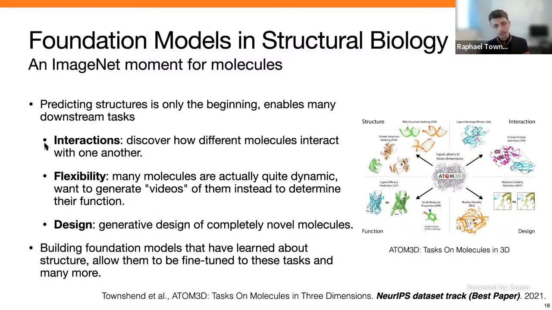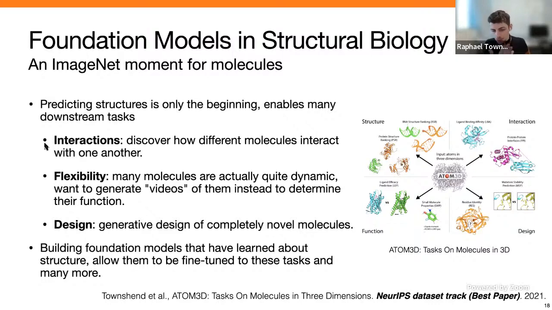Or really their flexibility over time, which is much more of a conformational flexibility. People have been looking at normalizing flows and now diffusion models for this kind of work, where these molecules aren't static, but are changing shape over time, or even getting at the design of completely novel molecules on this side of things, to generate new RNAs that do completely new things. And by building these kind of foundation models that have learned the fundamentals of RNA structure, you can really fine tune them to these tasks in nice ways. And because it's also related to the structure, and is fundamentally based in the laws of physics, you actually get some very nice generalization properties from this whole thing.